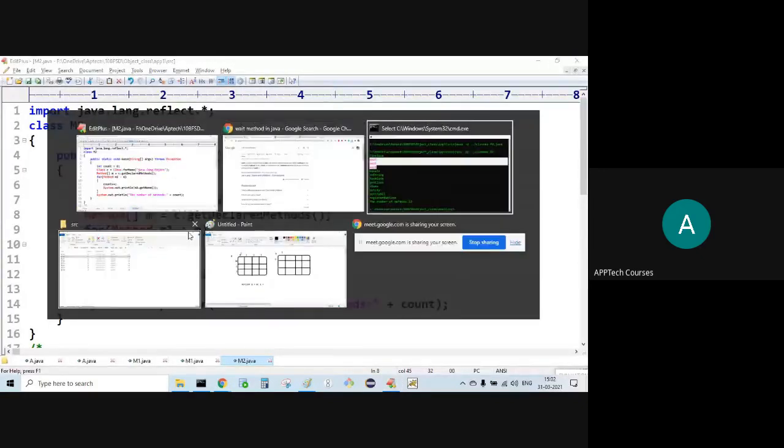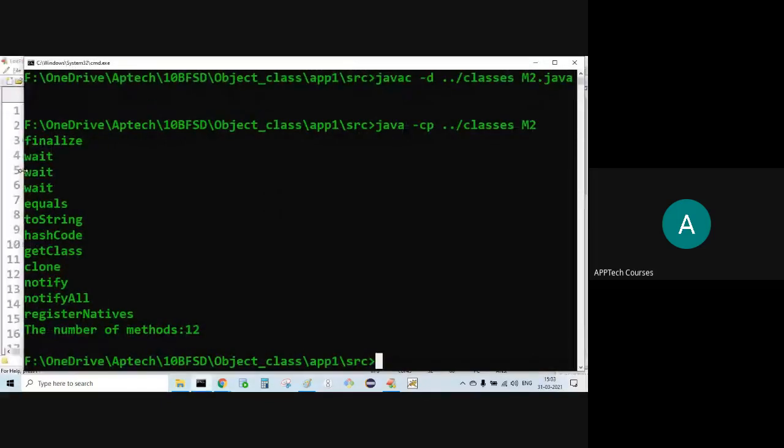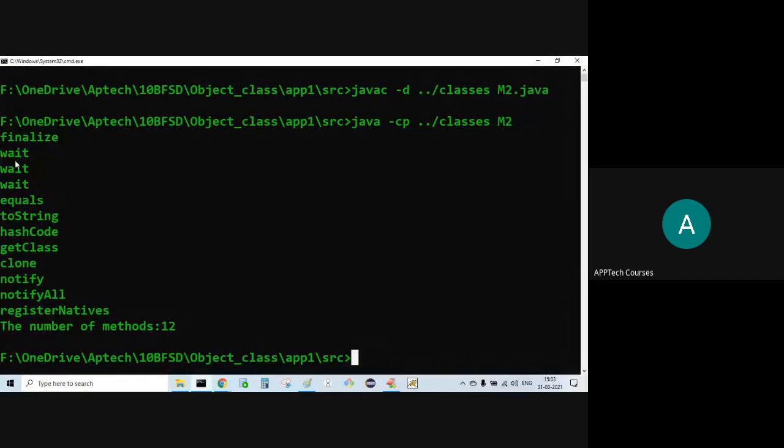Now these three are what? Non-static overloaded methods. Finalize is also a method. Equals is also a method. ToString we have, hashCode we have, getClass we have, clone we have, notifyAll.